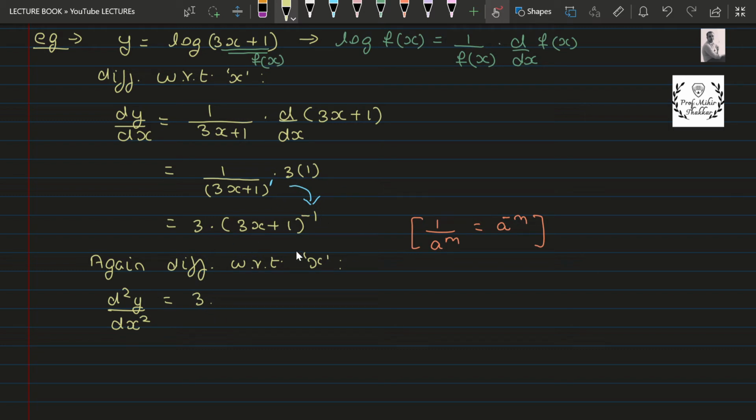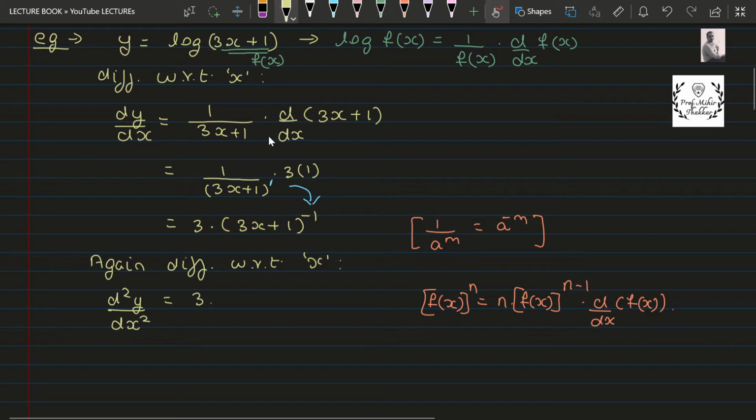And for this function (3x plus 1) to the power minus 1, I will use the formula for f(x) to the power n, and the answer for that is n into f(x) to the power n minus 1 multiplied by derivative of f(x). So in such a case, 3 into minus 1, (3x plus 1) to the power minus 2,